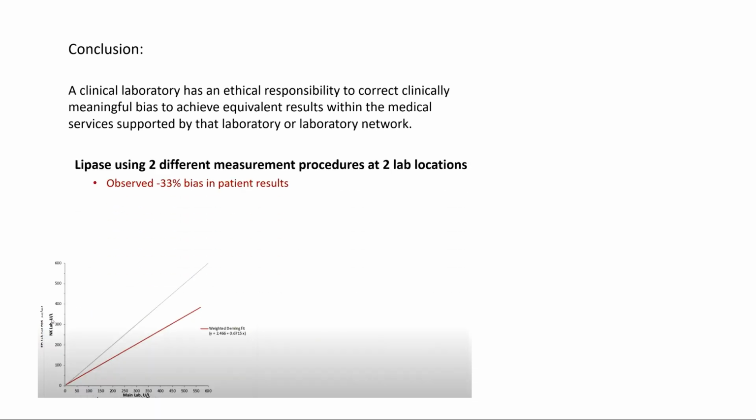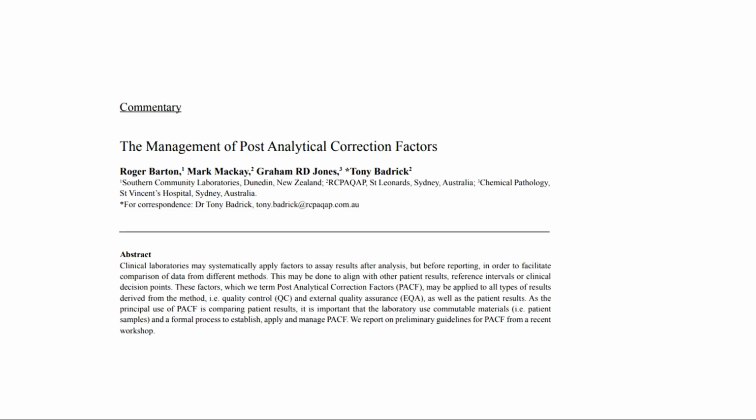Or you might have two different methods, as we've said with ferritin, this is with lipase. So there are a whole series of situations where you're getting two different results and it's impacting on patient outcomes. So what you need to do is you need to put a factor in. There are methods available to work out what those factors are and when to use them. Okay? So there's no point saying we're getting two different results. We've got to correct those two different results, so we will have to put a factor in so that we get the same result no matter where the patient goes.